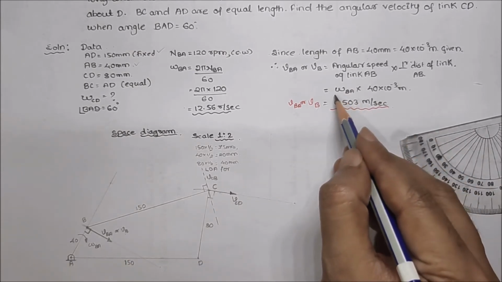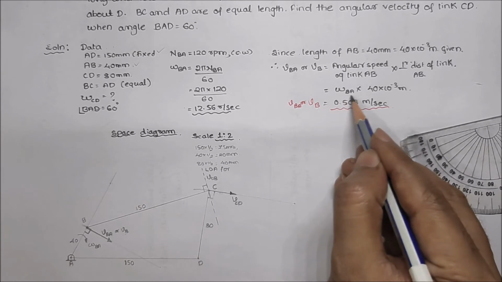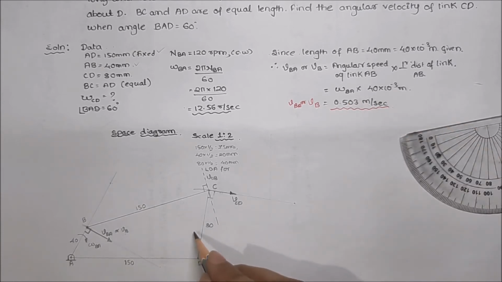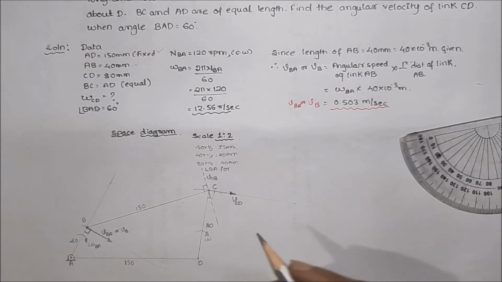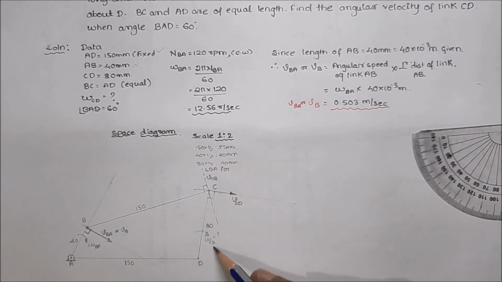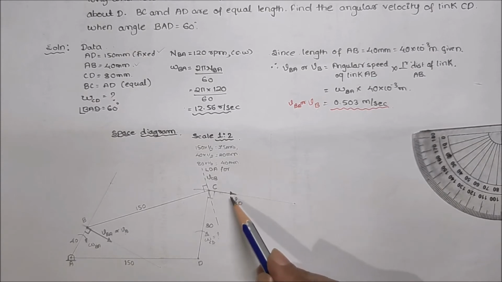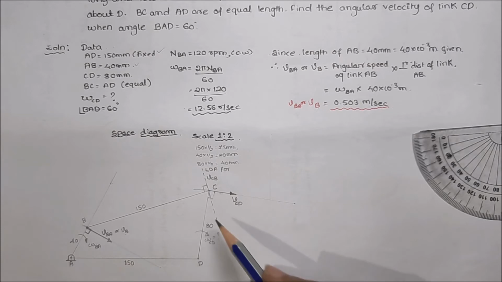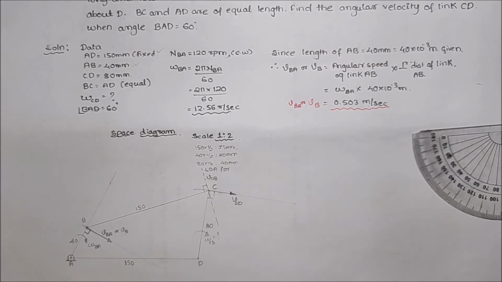Now the data for velocity of B we have already got. How did we get it? We got it from the omega BA. But omega of CD is unknown. That should be known, because that is what he has told you to find out. Omega CD has to be known. How to know it? We should know the velocity of CD. If we know velocity of CD, then we know the perpendicular distance CD, and from there we are going to get that one.